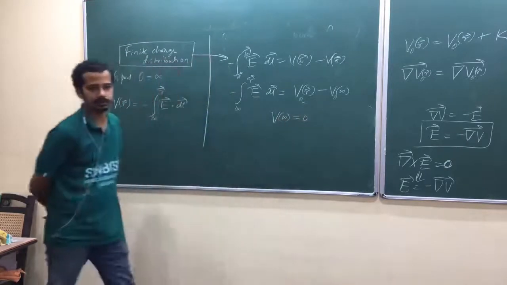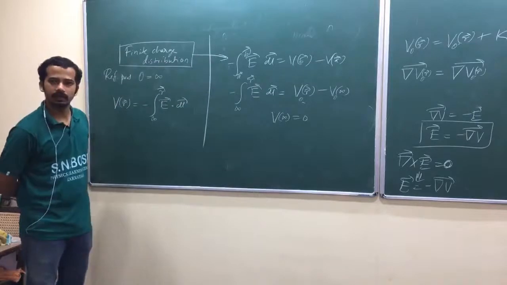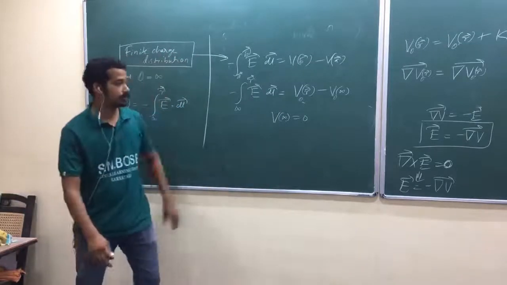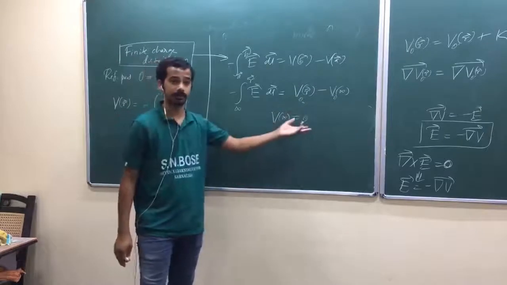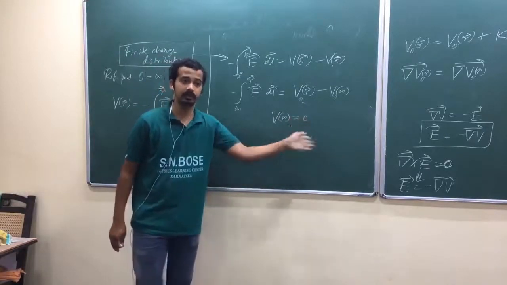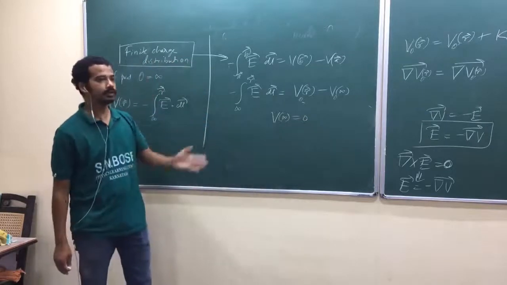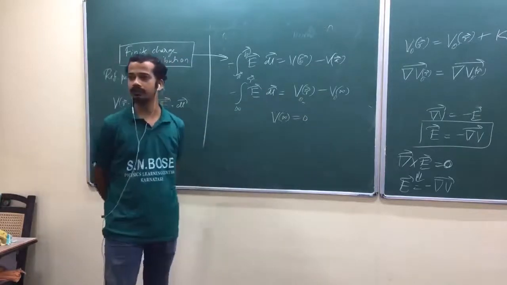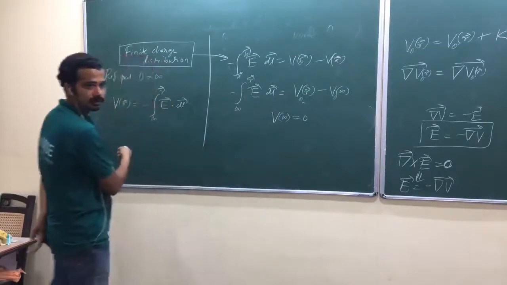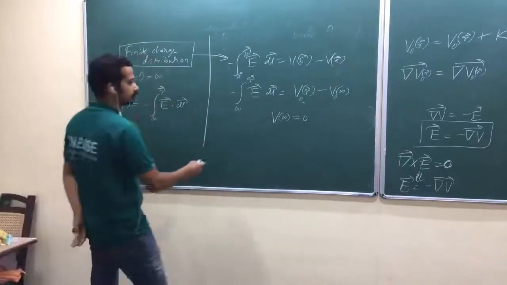for finite charge distribution. Because you are escaping from the charge distribution, and then again you can choose this one as a constant. There is no ambiguity, remember. You can choose potential at infinity as a constant. But what we choose here is potential at infinity 0. So thereby again you can have the same definition. Is that okay? You can have the same definition.